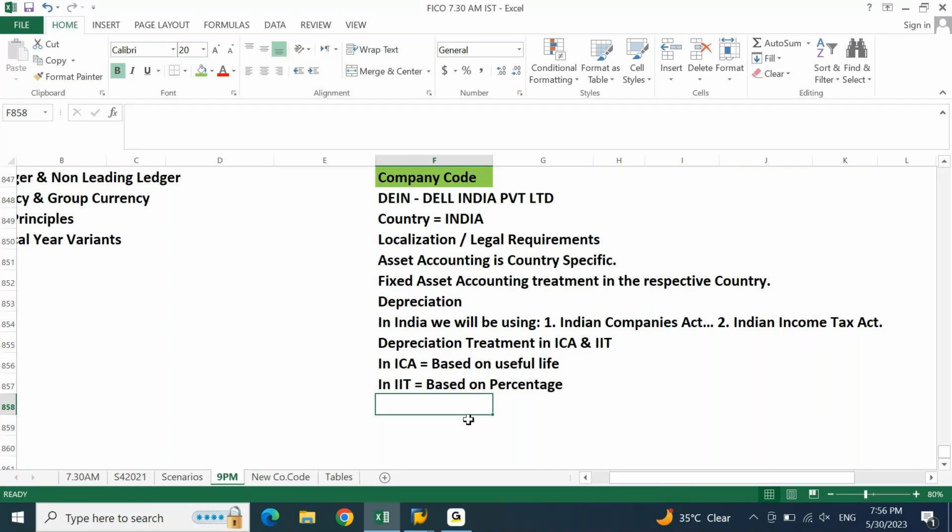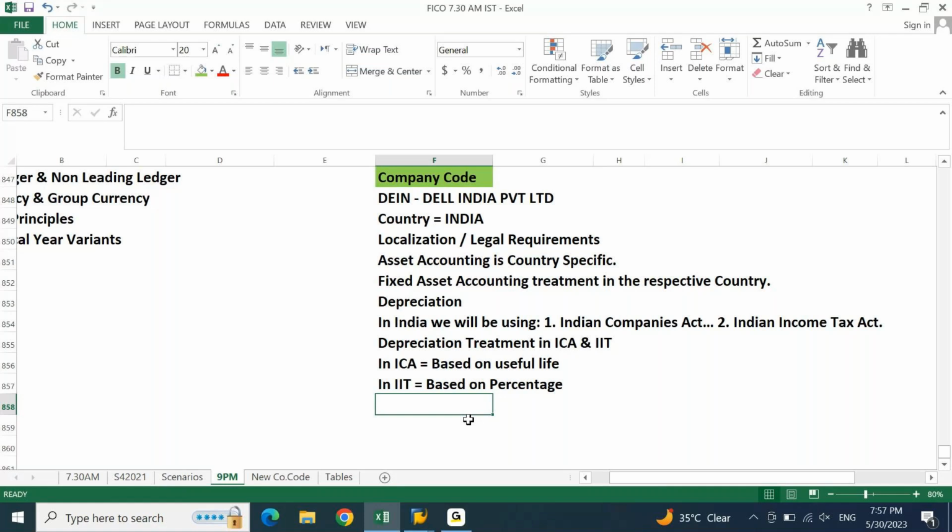By any chance, if you are projecting a project related to an Indian client, and you are asked how your asset accounting is implemented and how the depreciation is calculated, majoritarily we will make a big mistake here, telling depreciation in percentage. This is a common mistake which most people commit.